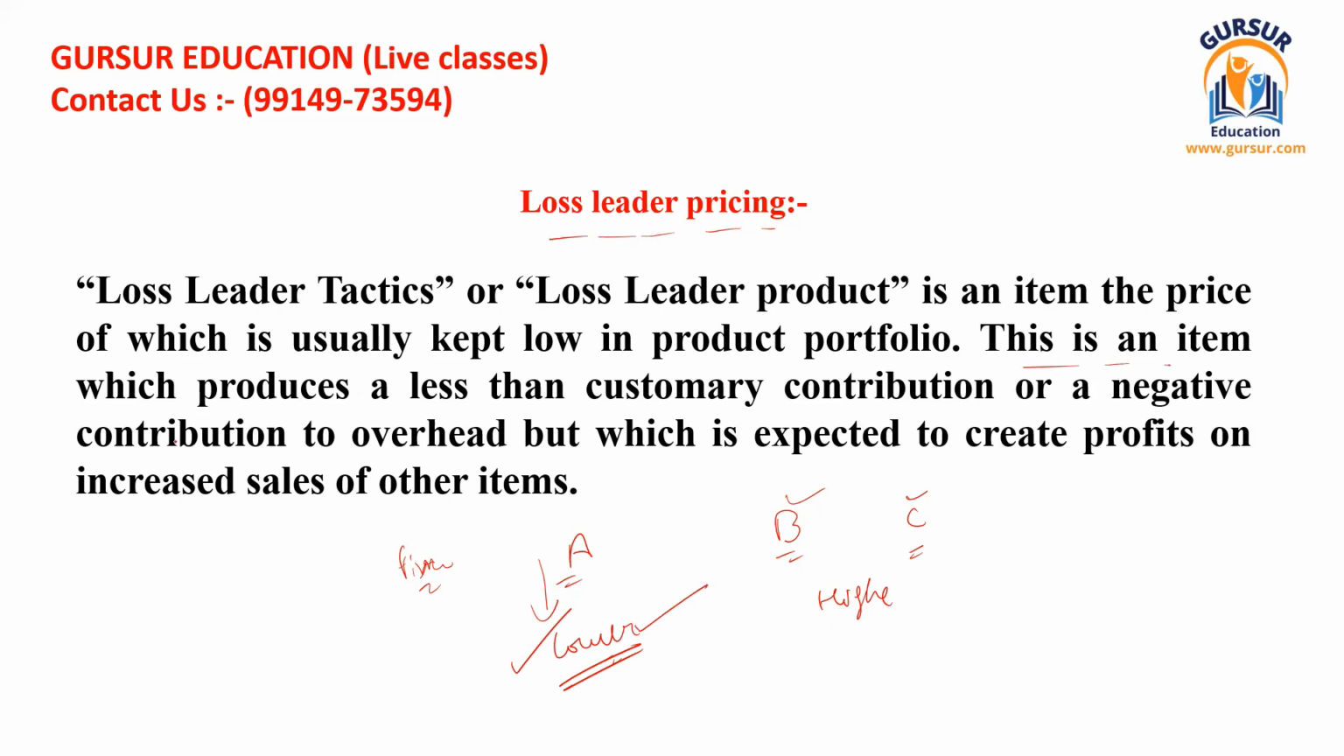So this is an item which produces less than customary contribution or a negative contribution to overhead, but which is expected to create profits on increased sale of other items. So this is how things are done. Okay, so what you have to understand,